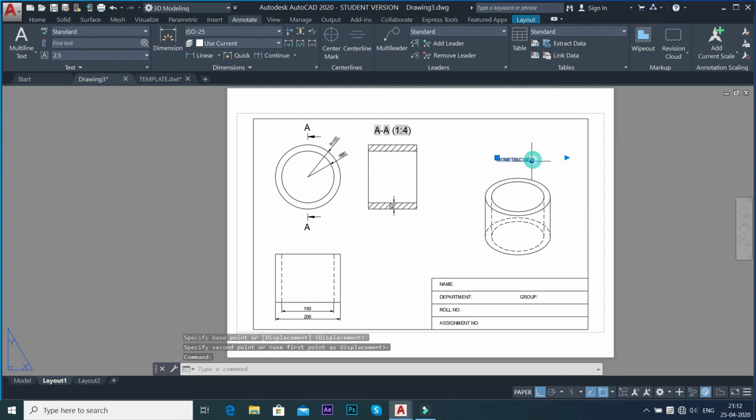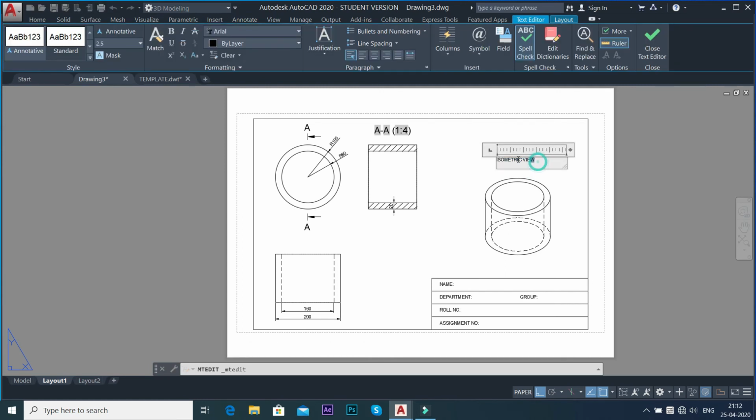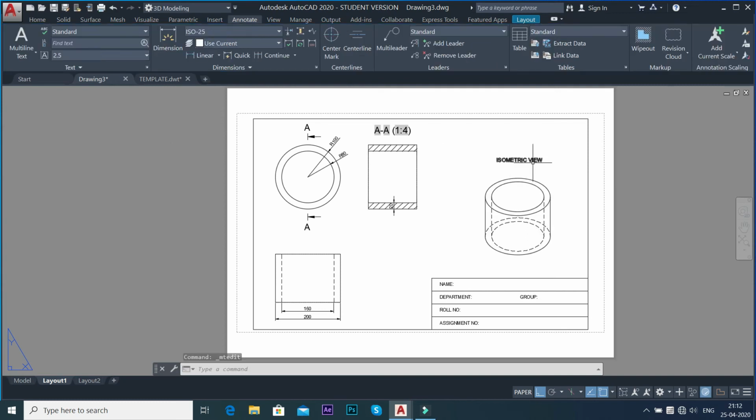You can also increase the font. Okay, so if you double click here, select this, and you can change it to a definite value. So suppose I'm giving the value to be 3. Okay, then click on enter. Okay, so as you can see, the font size has also increased, right?